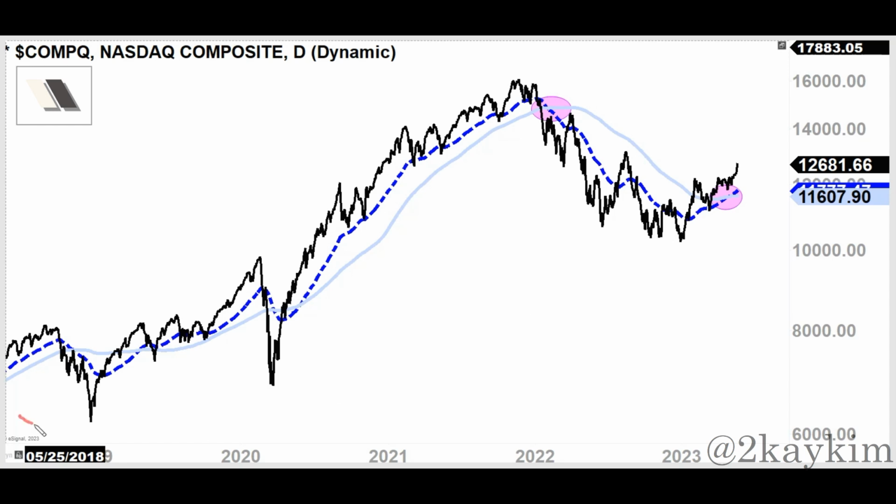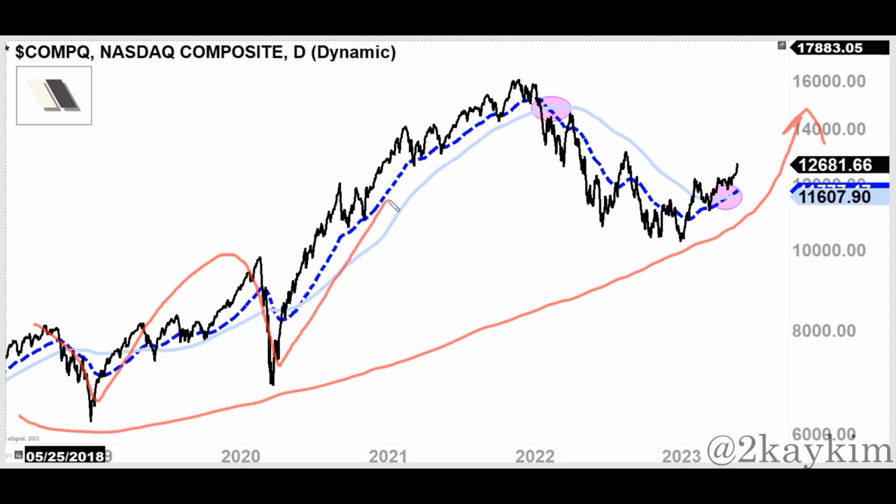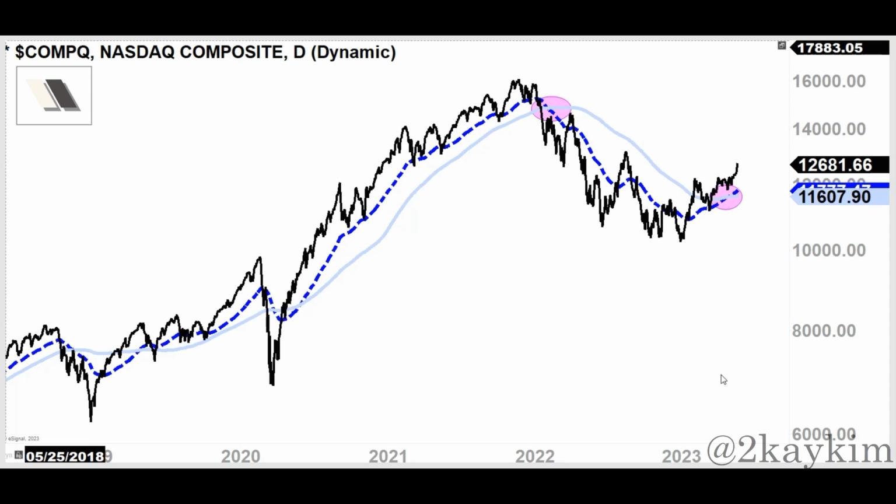And you could even say that in a secular bull market, the trend is ready to resume, because in a secular term, I am looking at these as just mere corrections along the way in a secular bull market trend. I'm going to look at this chart here going all the way to